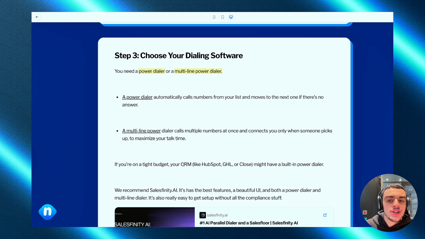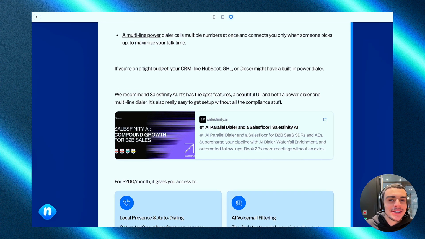If you're tight on budget, you don't have to get a power dialer. If you actually use HubSpot or Go High Level or Close, they have a built-in power dialer, so you can just automatically use that. But if you want to actually make this an acquisition channel in your company, then